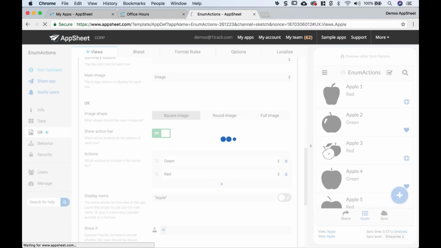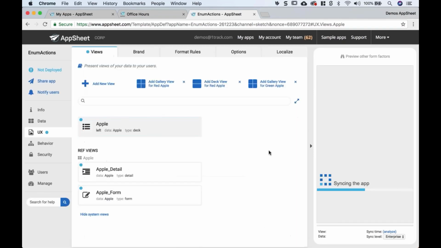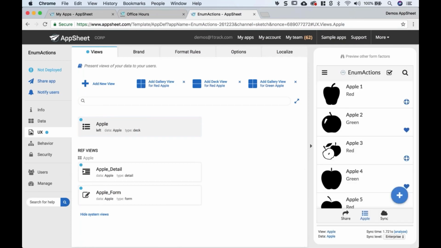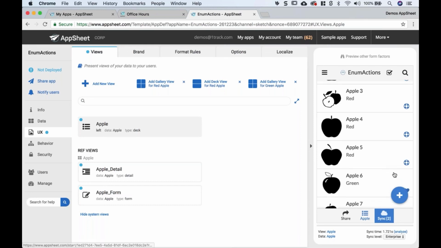And by the way, what AppSheet did there was when I tried to remove the add button because it was impossible to add, but technically something you could do on the app, it just ignored me and allowed me, it displayed the action back again. So I would have kind of made a broken app if I had done that. So here it is. The last item that Rishank wants is if I click on the little heart, does it change the name? And it does. So now I can make everything red,